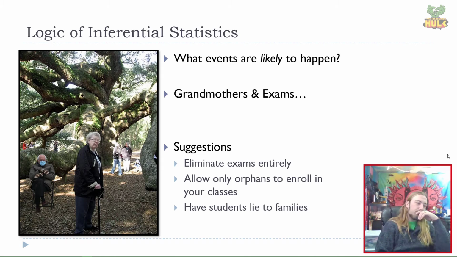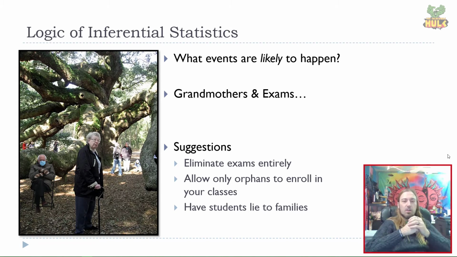So, what does it mean to look at something that's likely to happen versus not likely to happen? Let's say I asked all of you that have grandmothers that are still alive, okay? Some of you have 2, some of you have 1, some of you might not have any. We count up all the grandmas in the class. We count up all the students that have those grandmas in the class. We count up all the days in a given year. And we say, what's the probability then, at random, that one of your grandmothers would die on a given day of the semester? Okay, so I can count up, let's say there's 180 days in the semester.